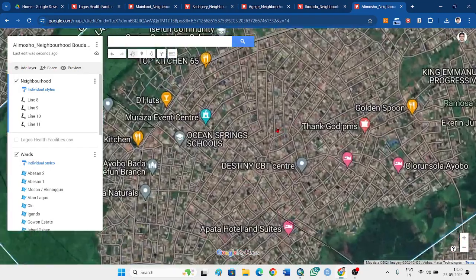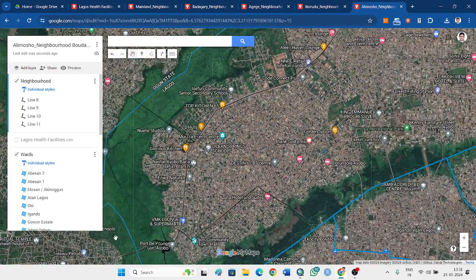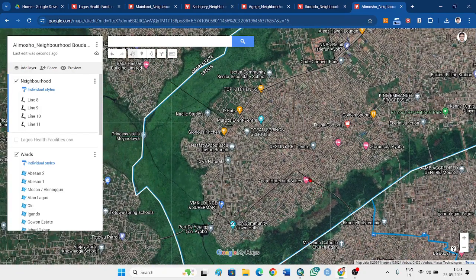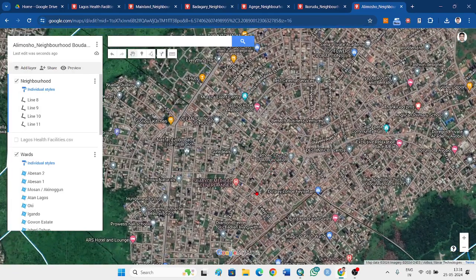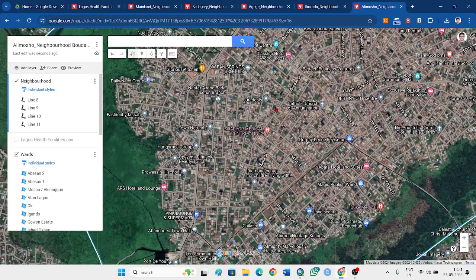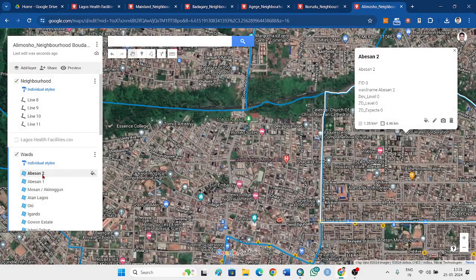Demonstration may be to the local authority, LGA chairman, or inspection team, so that they can be sure that the work is something practical which can be used in the field. So with this application, there are two important tasks. One, how we can delineate the neighborhood boundaries, and second is here, if this is a ward, any ward,